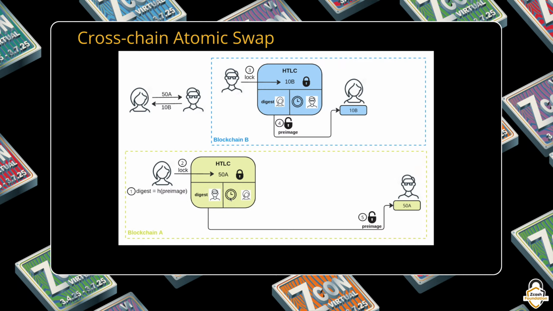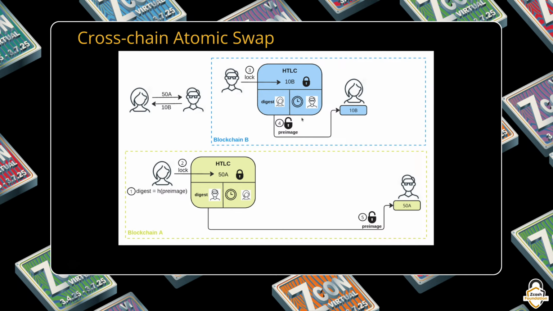If the contract is created with the correct parameters, he will create a similar HTLC contract on blockchain B. Inside this contract, he will send 10 of asset B, and he will say that either Alice could unlock the contract if she knows a pre-image of the digest, or Bob could unlock the contract if we are after a deadline. The digest in both HTLC contracts is the same, and it is the same as the digest that was selected by Alice. On the second HTLC contract,